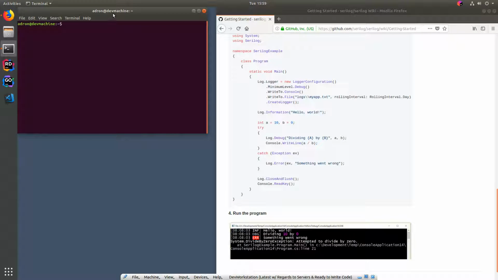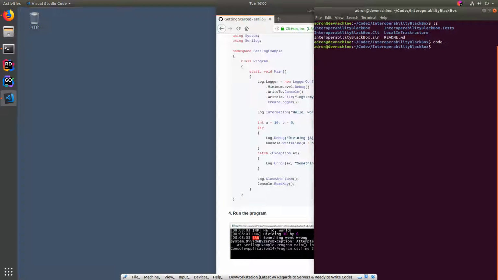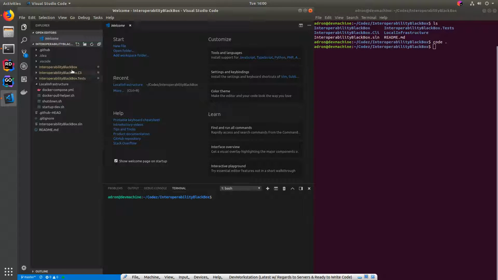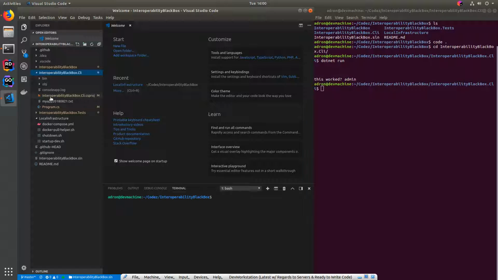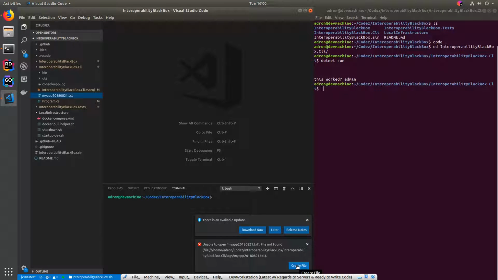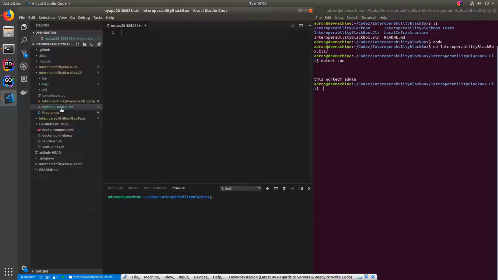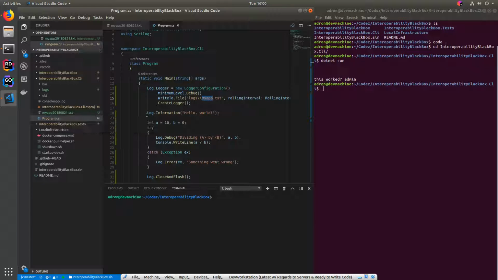Let's use code. There we go. All right. So I was in CLI. We did .NET run. All right, this worked. Admin. Didn't get a hello world though. Let's go back and see. Oops. File not found. Is that the myapp.txt, rolling interval? Yeah, that's the text file, but